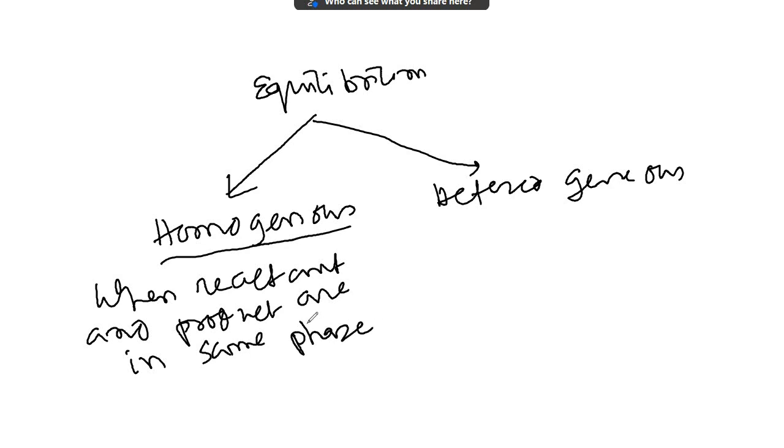বিক্রিয়ক এবং বিক্রিয়াজাত পদার্থগুলো একই দশায় থাকবে। Liquid then all liquid, gas then all gas. In heterogeneous equilibrium,